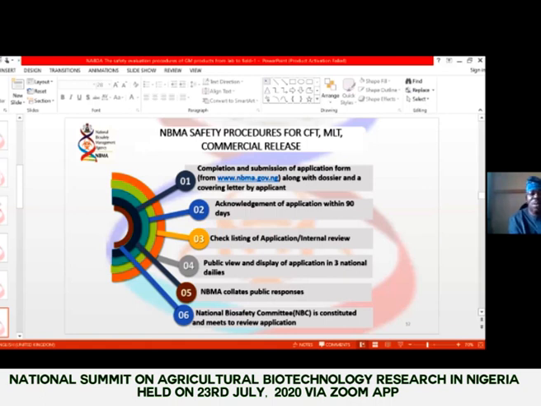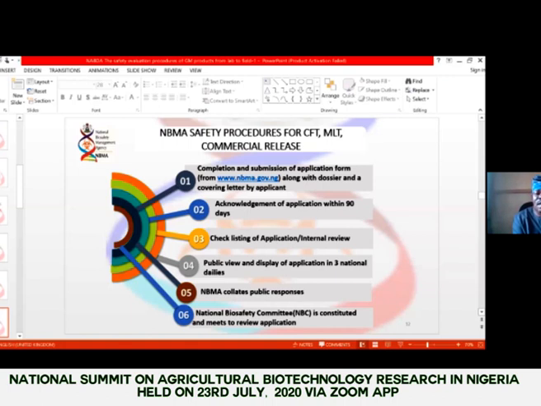Before anybody releases or carries out any activity, completion and submission of an application is required. You can obtain this application form from our website, www.nbma.gov.ng, along with the dossier and the covering letter. Once that application is completed,